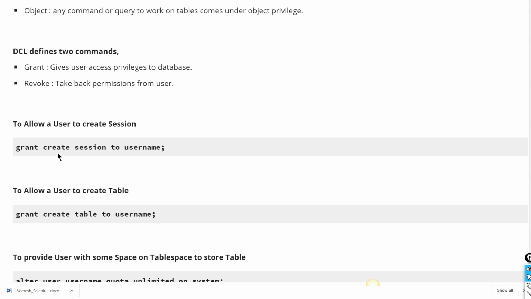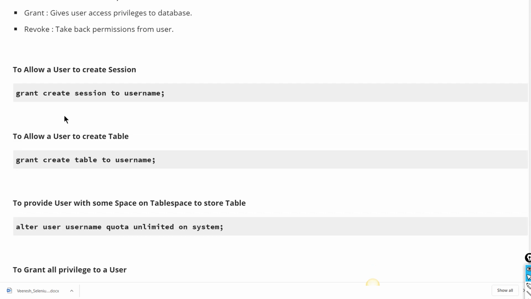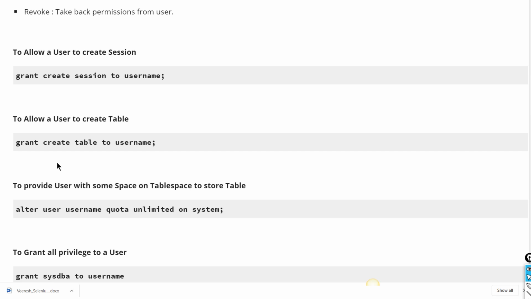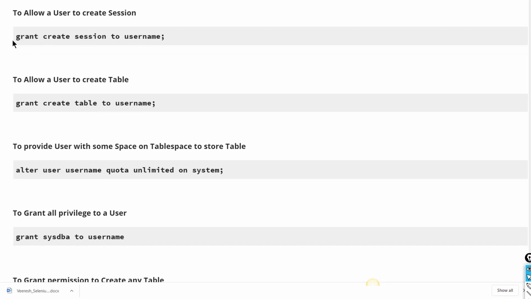You can give only that access. He cannot create a table, he can only log in. If you first log in as system and grant create table to Viresh, he can create tables. So instead of using two commands, you can use only grant resource, connect to Viresh, that is also fine.